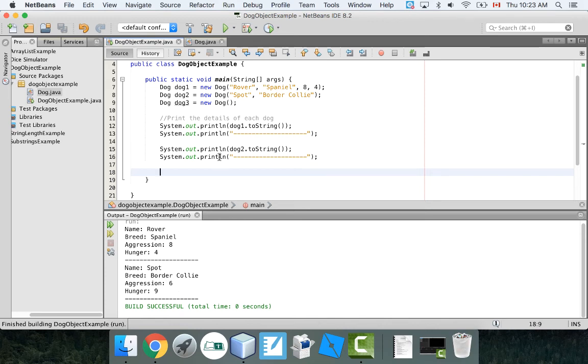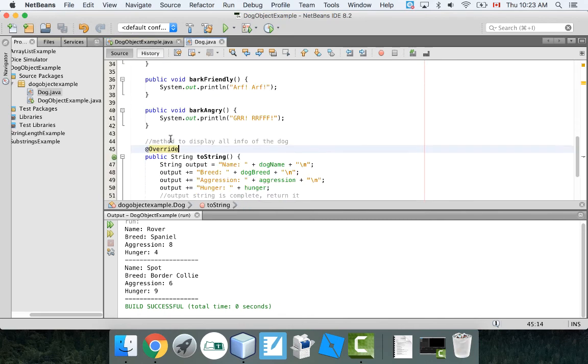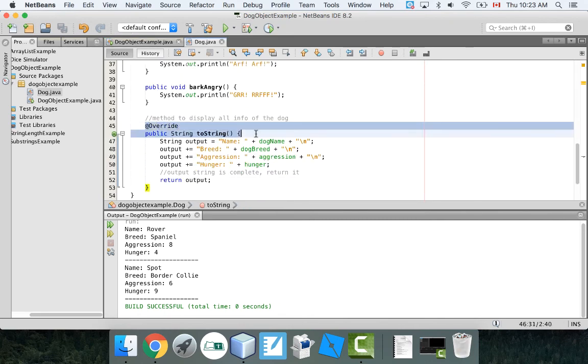Okay. Now, something you should know about this toString method. It's a very special method built into Java. As long as you write it exactly the way that I wrote it, so I have it like these two lines right here, these have to be identical. So it has to be public String toString, exactly like that. And I think the override needs to be there nowadays, but I'm not sure. I think you can remove the override and it'll still work. But it's recommended you have that. But as long as you have this thing here,